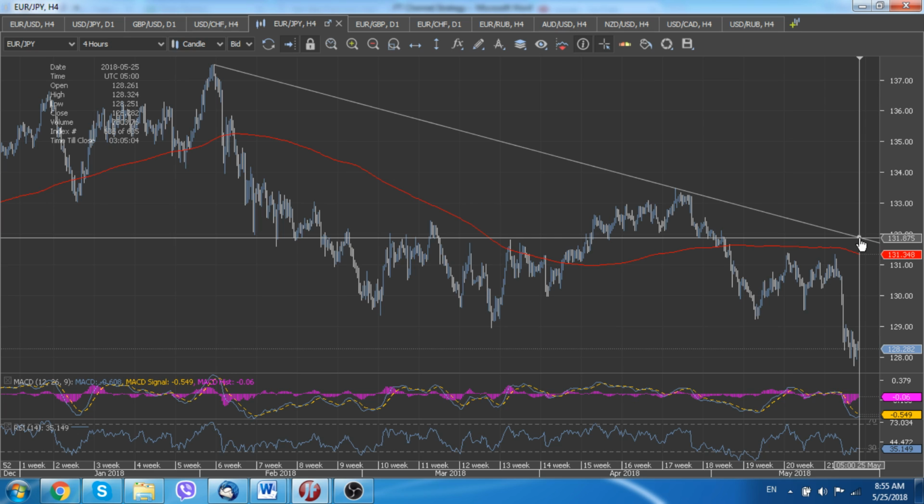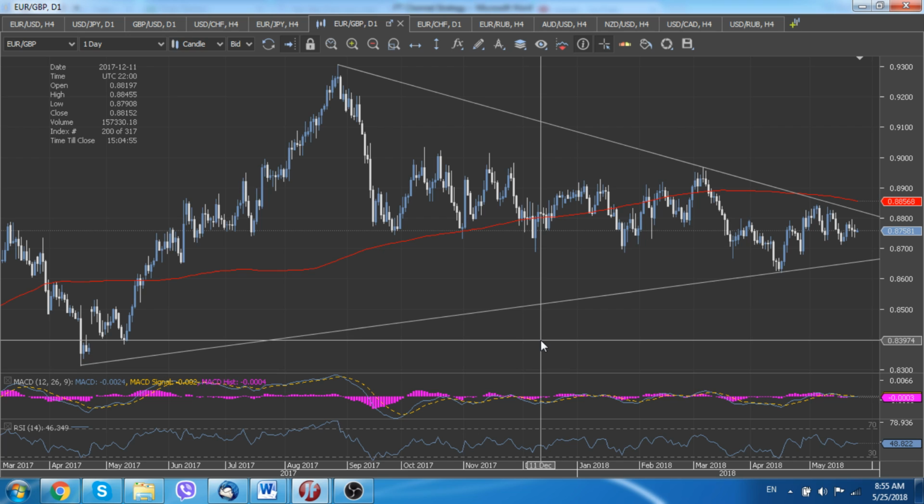Euro-sterling, here the situation still remains rather stable. We see that for the last couple of weeks this pair traded in a very narrow range. Here the situation still remains, longer term speaking,